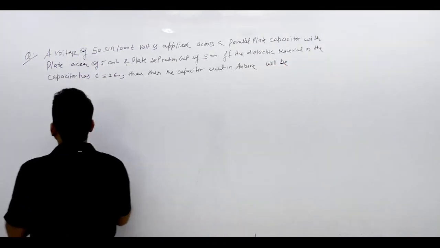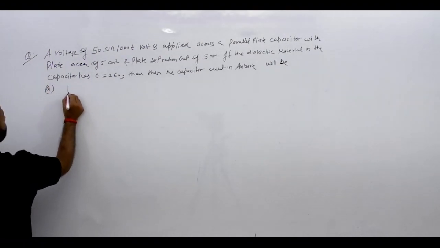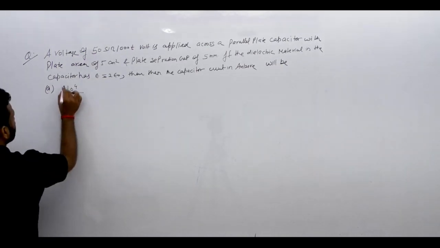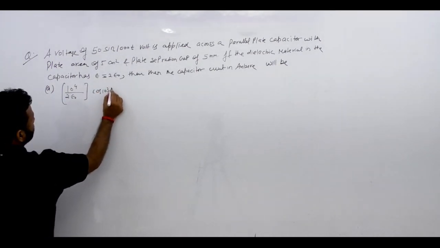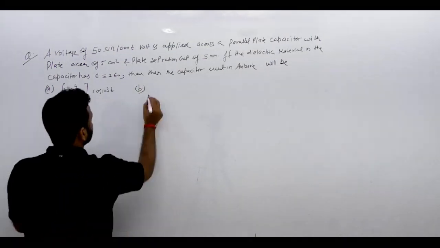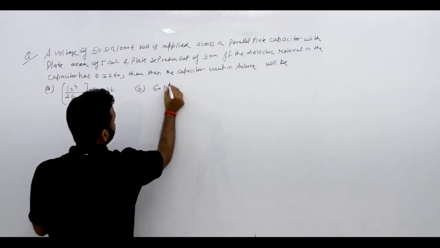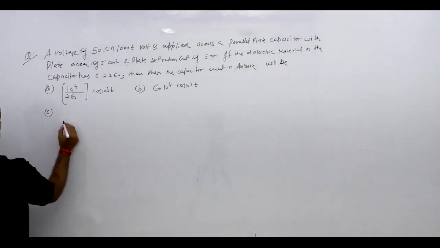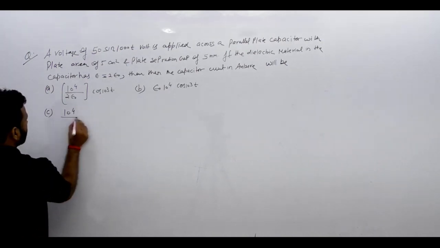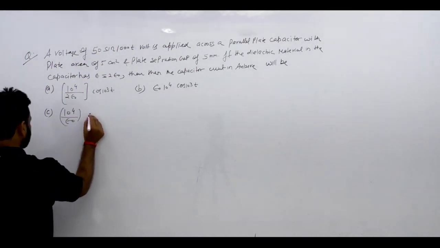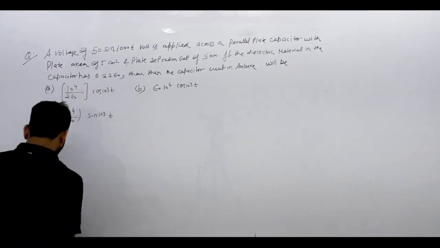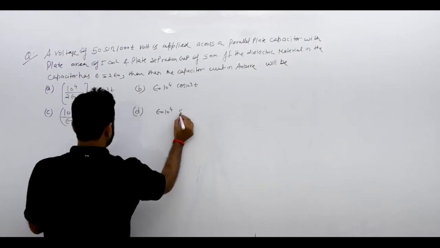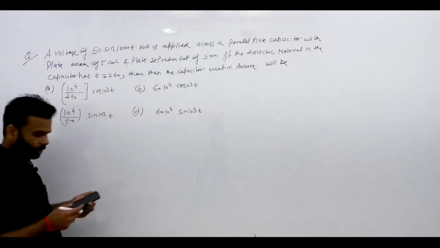Let's take the options. So हमारा पहला ऑप्शन है 10 की पावर 4 डिवाइड बाई 2 एप्सिलॉन नॉट and it is cos 10 की पावर 3t। नाउ बी ऑप्शन जो है हमारा वो है एप्सिलॉन नॉट 10 की पावर 4 cos 10 की पावर 3t। अगला जो ऑप्शन है हमारा वो है 10 की पावर 4 एप्सिलॉन नॉट देन sin 10 की पावर 3t। और लास्ट ऑप्शन जो है हमारा डी वो है एप्सिलॉन नॉट 10 की पावर 4 sin 10 की पावर 3t। ओके, सो देखते हैं क्या ऑप्शन होगा इसका।